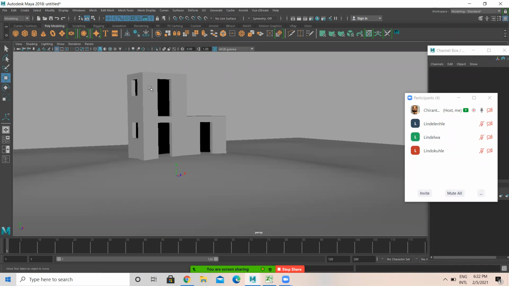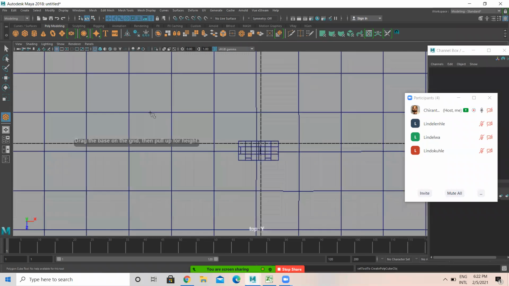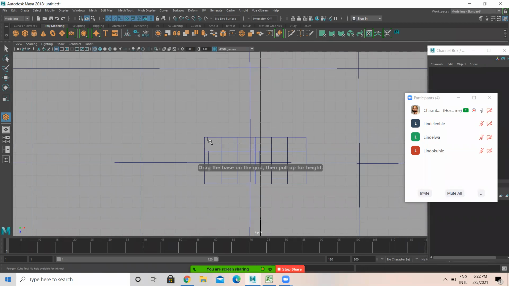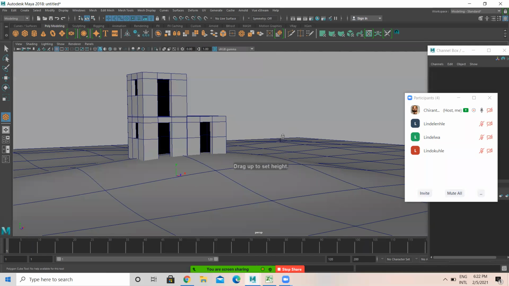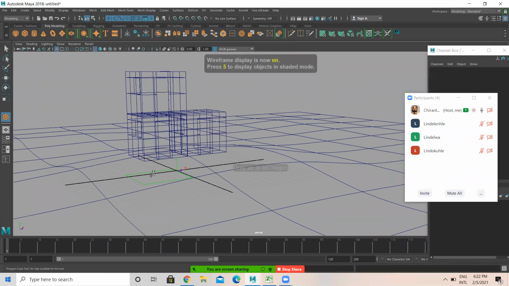Then the next step, I need something like a roof over here, or some other design. So I'm selecting a polygon cube. This is the first cube here. So just drag and create something like this. And you come over here, press 4 for wireframe mode.